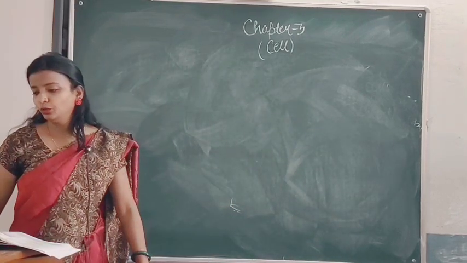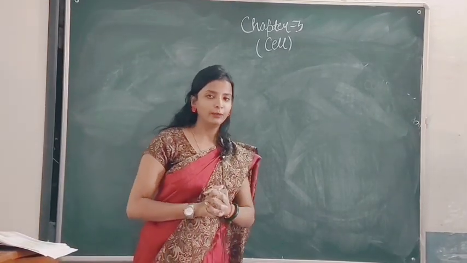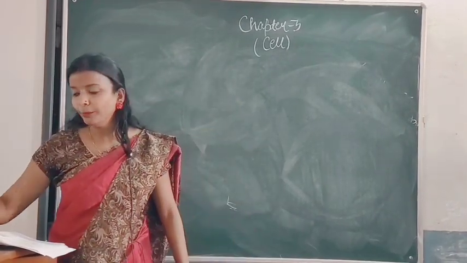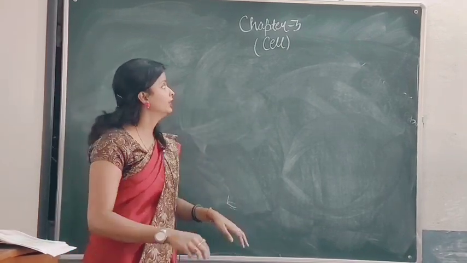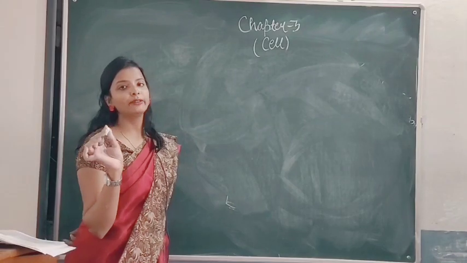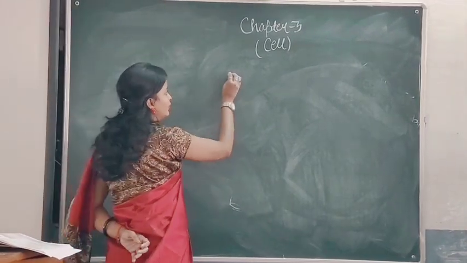So, as I am telling you, the cells are of two types: plant cells and animal cells. So, the common things that are present in both plant and animal cells we will discuss. Three common organelles that are present in both plant cell as well as animal cell are, first one is